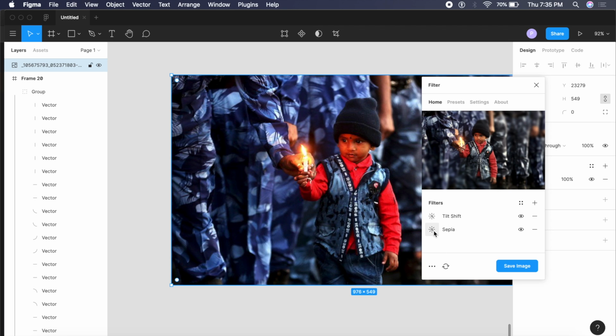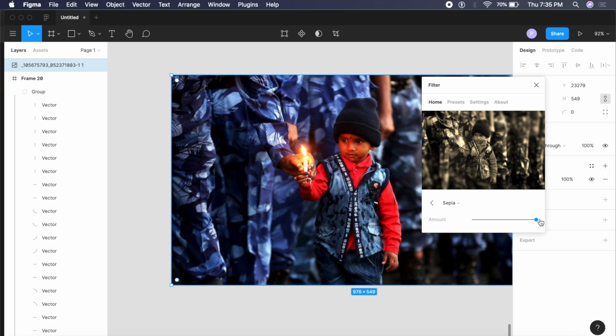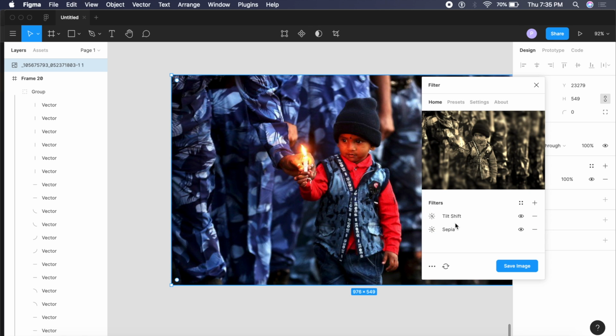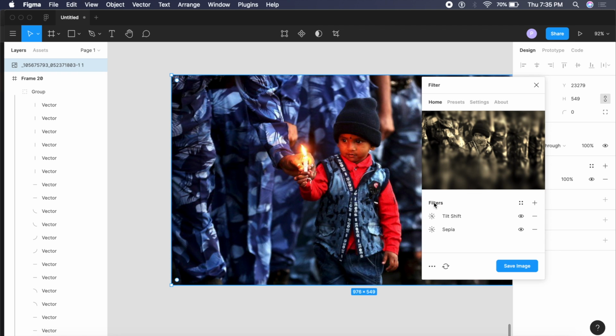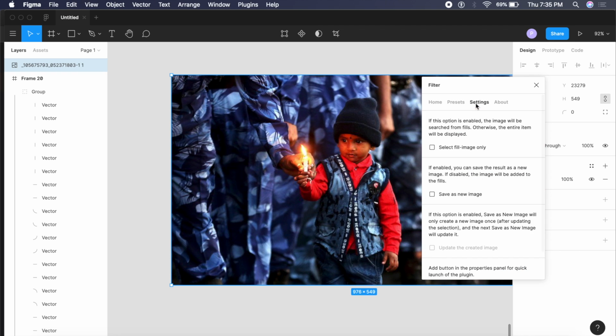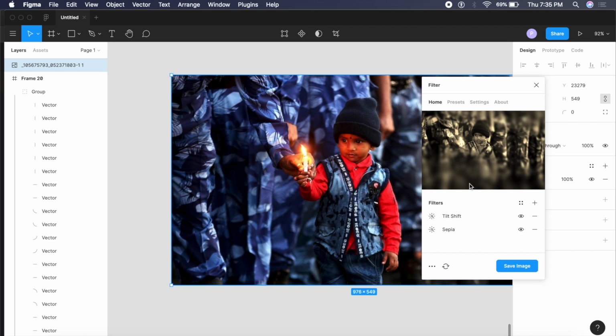So as you can see, there is sepia. I can increase the sepia, changes like that. I can change the tilt shift, so I can increase the blur, change where the blur appears. So like a complete image editing tool in a way. I can even fiddle around with the settings, not gonna do that. Coming back to presets, I can set presets. So if I am using a certain preset in a project, I can apply that to each and every image. And if I click on this button, I can say save as new image or save as a separate image. I'll do save as new image and say save as new image again.